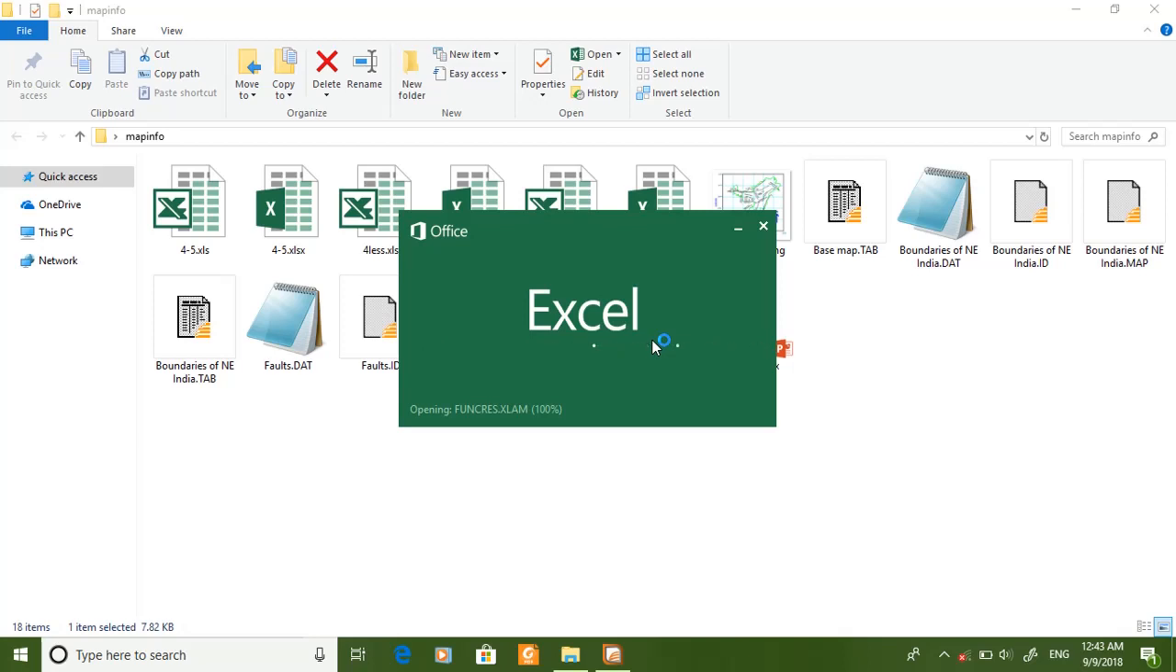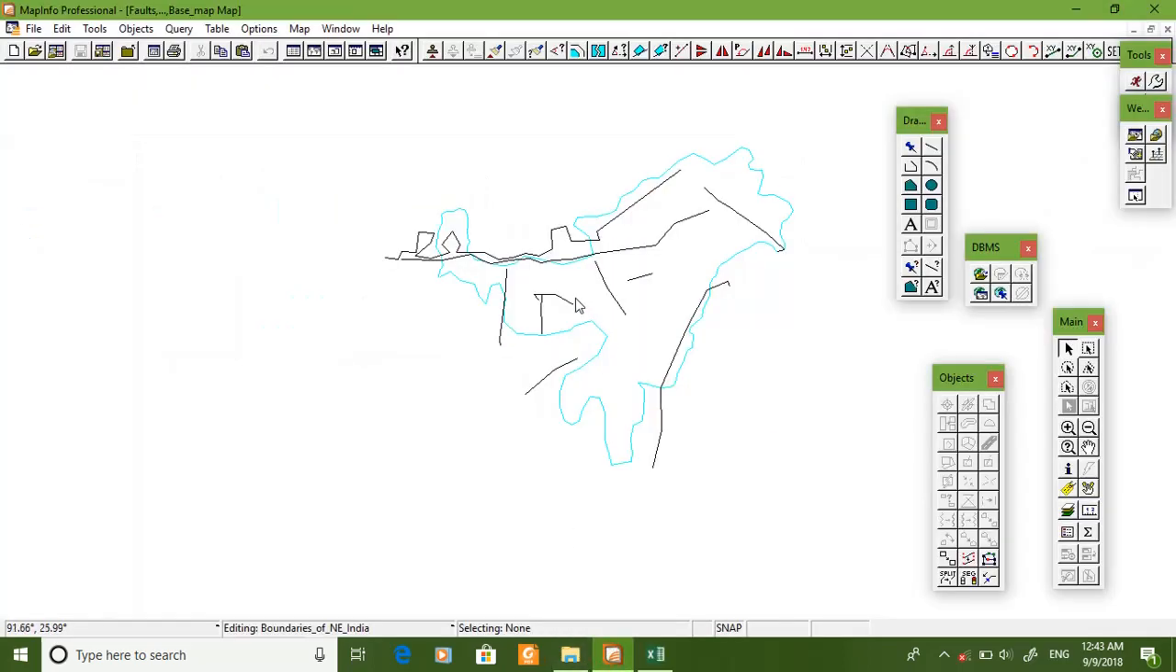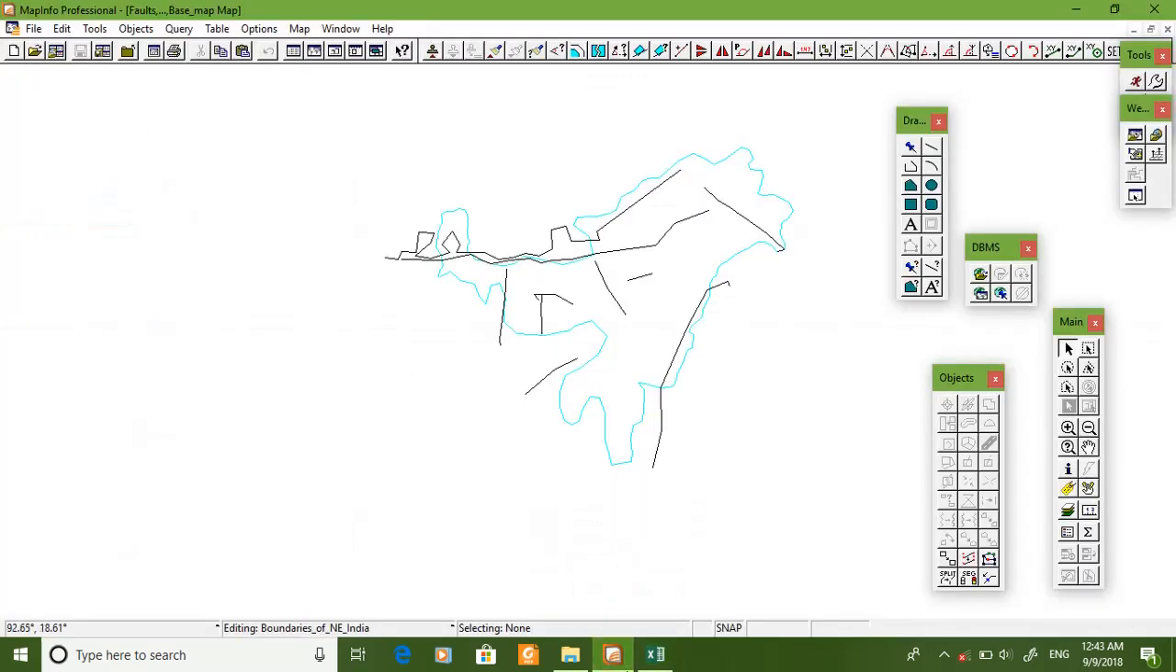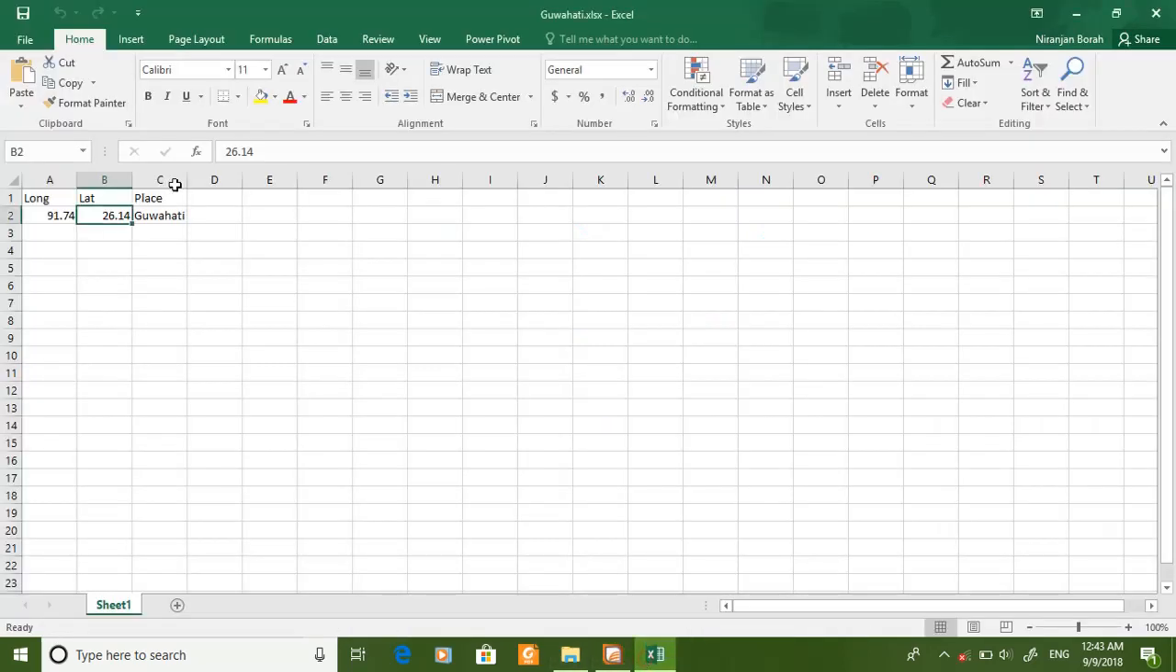Basically I am going to create a seismotectonic map around 500 km from the center position of the Guwahati region. So the Guwahati region will be here. Okay, here is its longitude and latitude, but actually MapInfo can't read